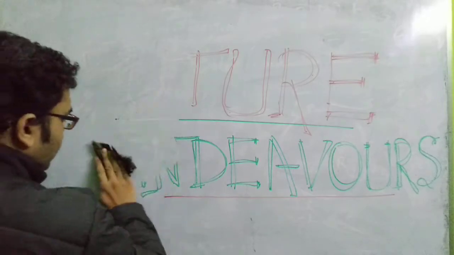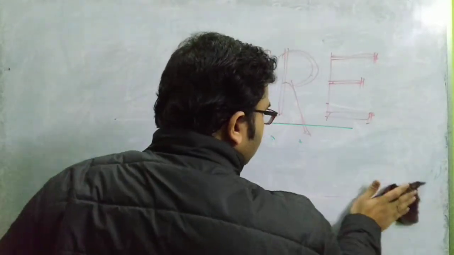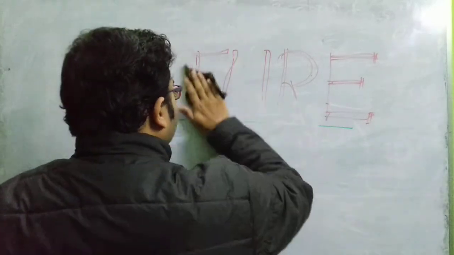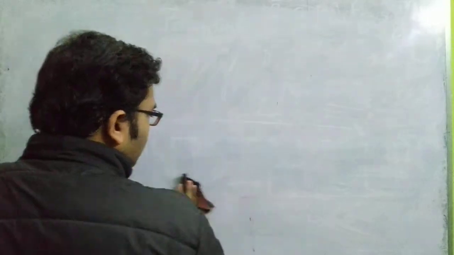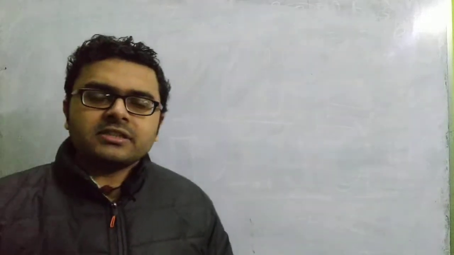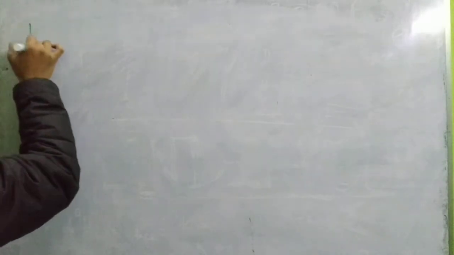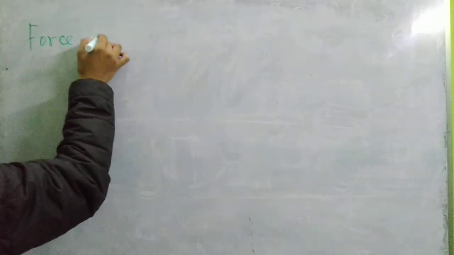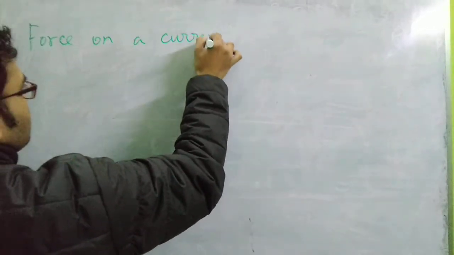Okay, so let us analyze the situation. You know that when a current is flowing through a conductor, it behaves as a magnet. Have you seen that when two magnets are kept near each other, what happens? They either attract each other or repel each other, isn't it? So these are the two things that can happen. Okay, so write down the topic name: force on a